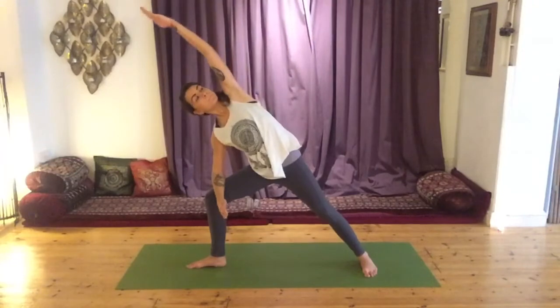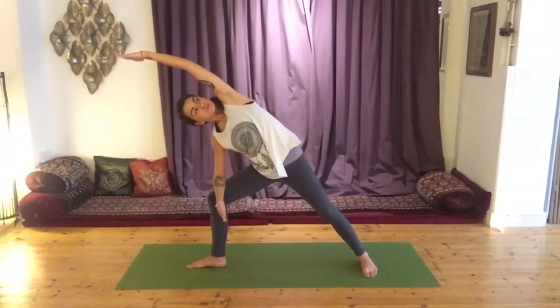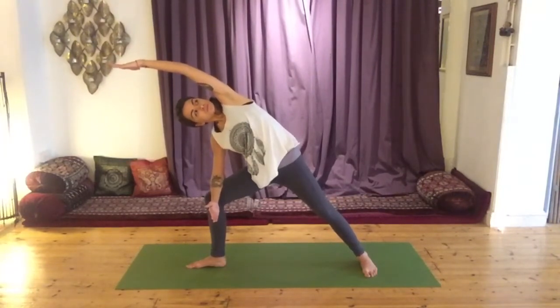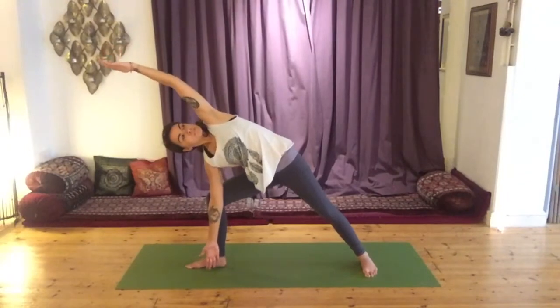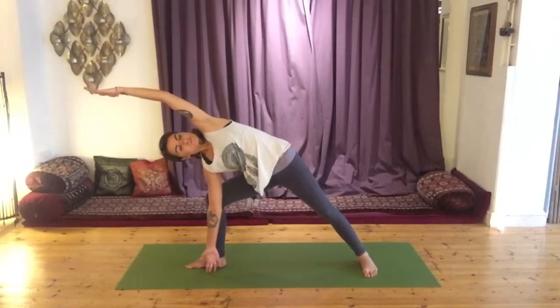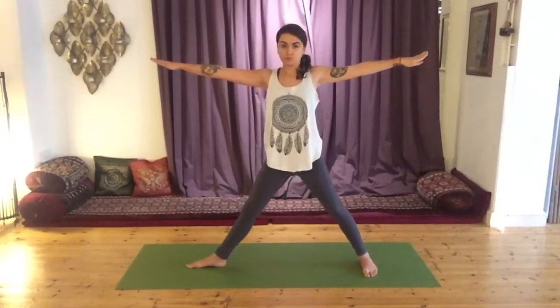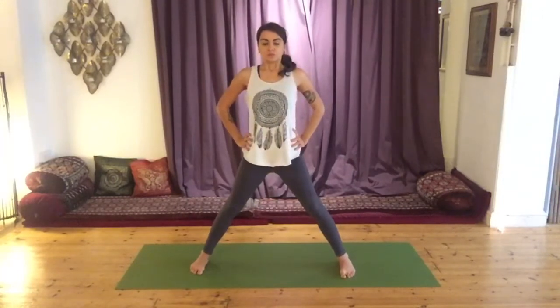Exhale to your side angle pose, reaching the top arm over, fingertips to the front of the mat, palm face down. Either keep the elbow resting on the thigh above the knee, or you can start to extend the arm, reaching the fingertips to either a block if you have one, or the fingertips towards the floor. Strong legs here. Inhale back up to your warrior two, straighten through the legs, turn both feet to face the side, hips facing the side,